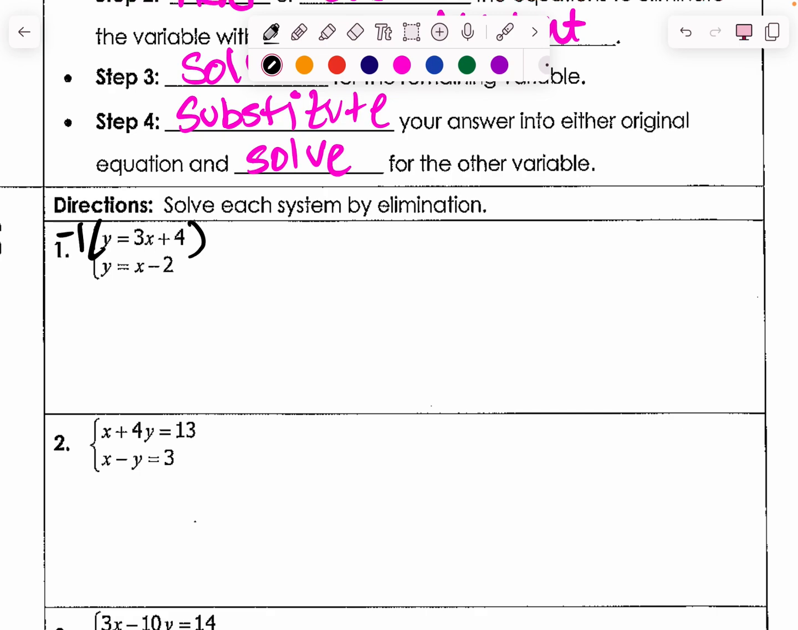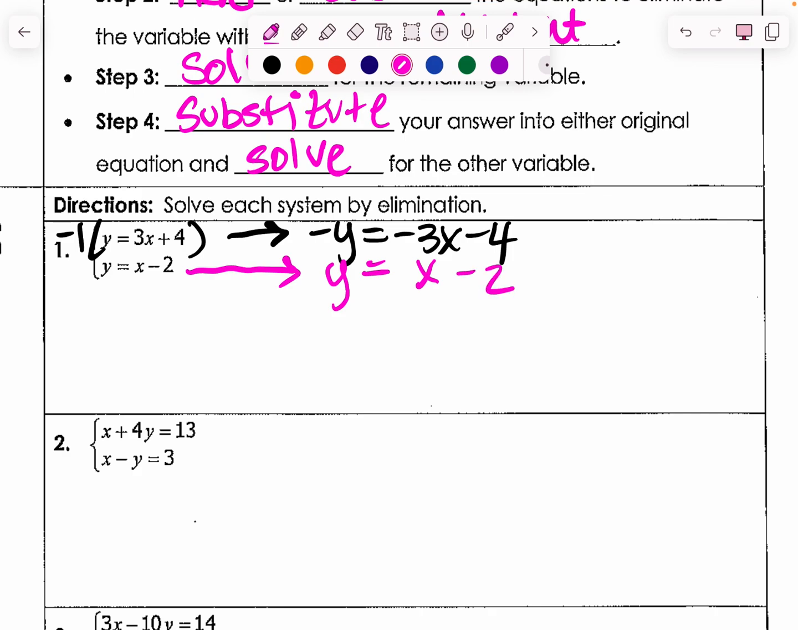Now I need to solve for x. So I'm going to add 6. So we get negative 2x equals 6. So what does x equal? Negative 3. So we're going to take that negative 3, and I'm just going to pop it in right here. So y equals negative 3 minus 2, which is negative 5. So our point is